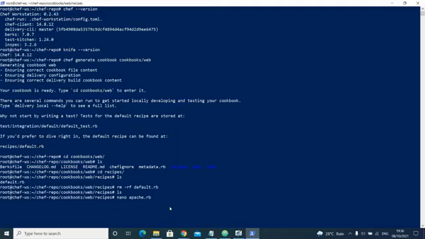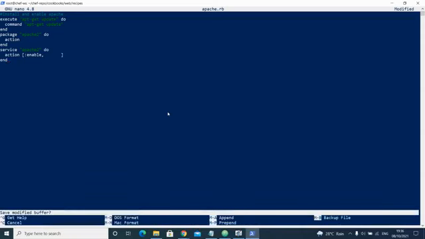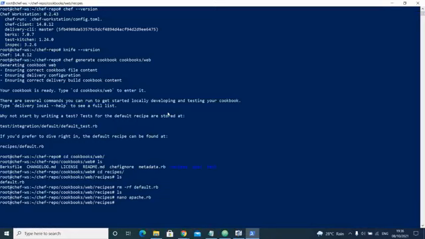I'll press enter and paste my recipe here. Then I'll save it, yes, and exit. If I type ls, I deleted the default recipe file and I created my own recipe file. So it is present now in the workstation.